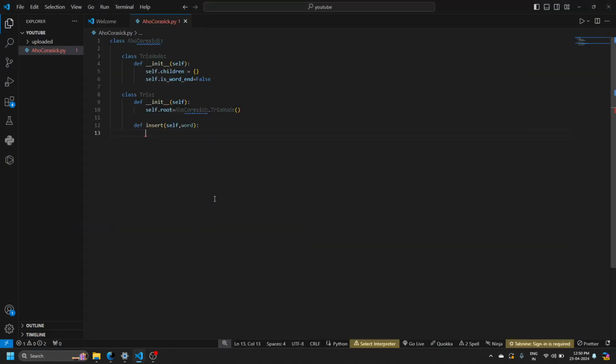So what you have to do? Declare the node. Node is actually the root. Initially, the node will be the root, and for each letter in the word,